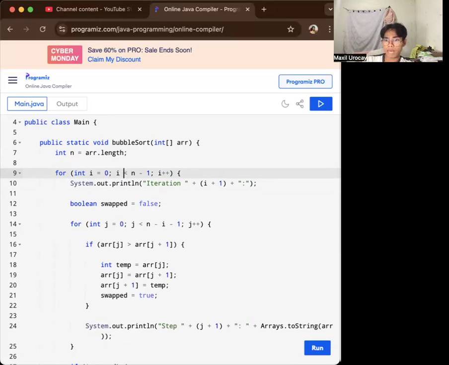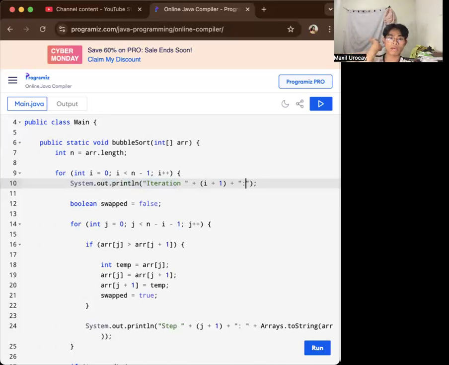Then System.out.println iteration i plus 1 and a combination of some characters. That will identify what specific iteration it is. For example, if the number of elements is 6, there will be 5 iterations: iteration 1, 2, 3, 4, 5, which we'll see in each step later on.